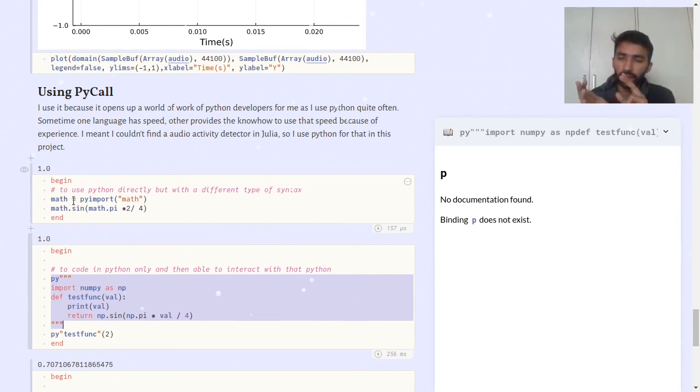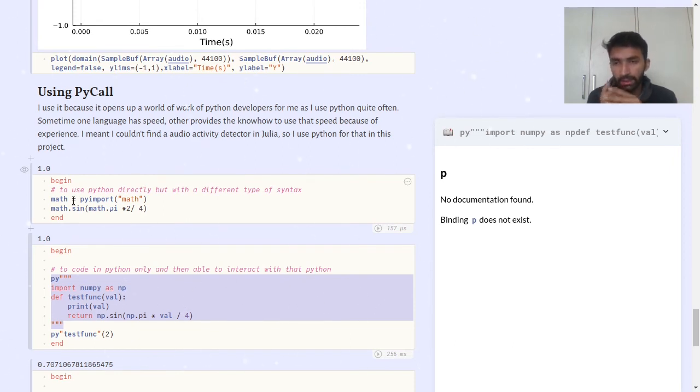I can access those Python packages, specific functions, from Julia while I'm working on a system or on a project. My main use case was I couldn't find an audio activity detector in Julia, so I used Python for that particular segment, written in Python only.